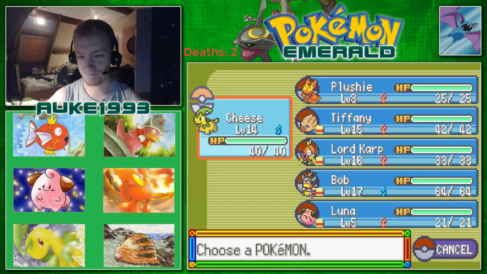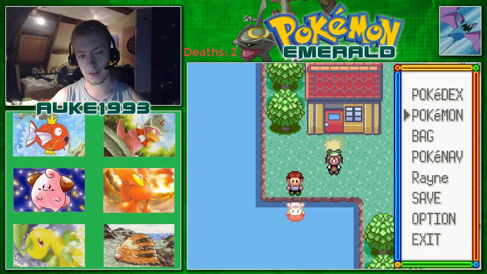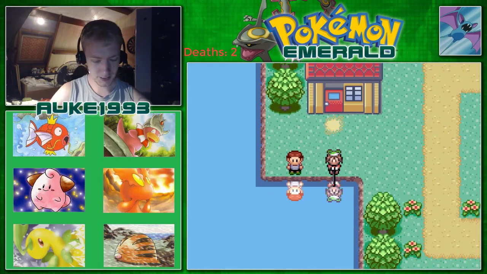We started day 2, I'm pretty sure, with the evolution of... Was that the evolution of Bob? Yeah, that was the evolution of Bob. We started and ended that day with an evolution. That just feels weird, because we had Bob for so long as a Slowpoke. But yeah, we did stream for a long time on day 2, so...